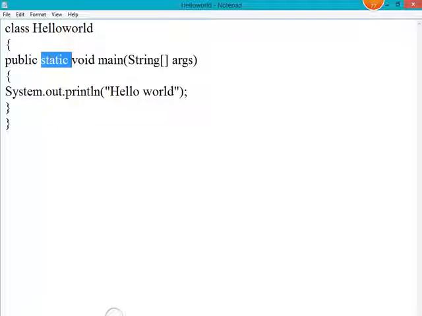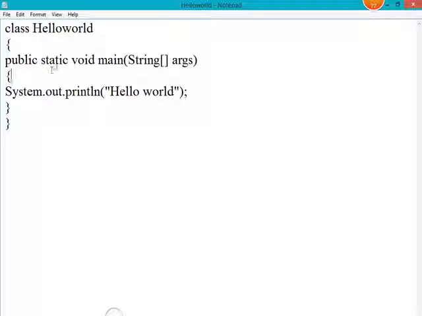Why I have written this method with the keyword static: if you use the static keyword in a method, that method becomes a static method. And as you know, Java is a purely object oriented programming language. So in order to call any method in Java, you need to create one object, and through that object you need to call that method or function.